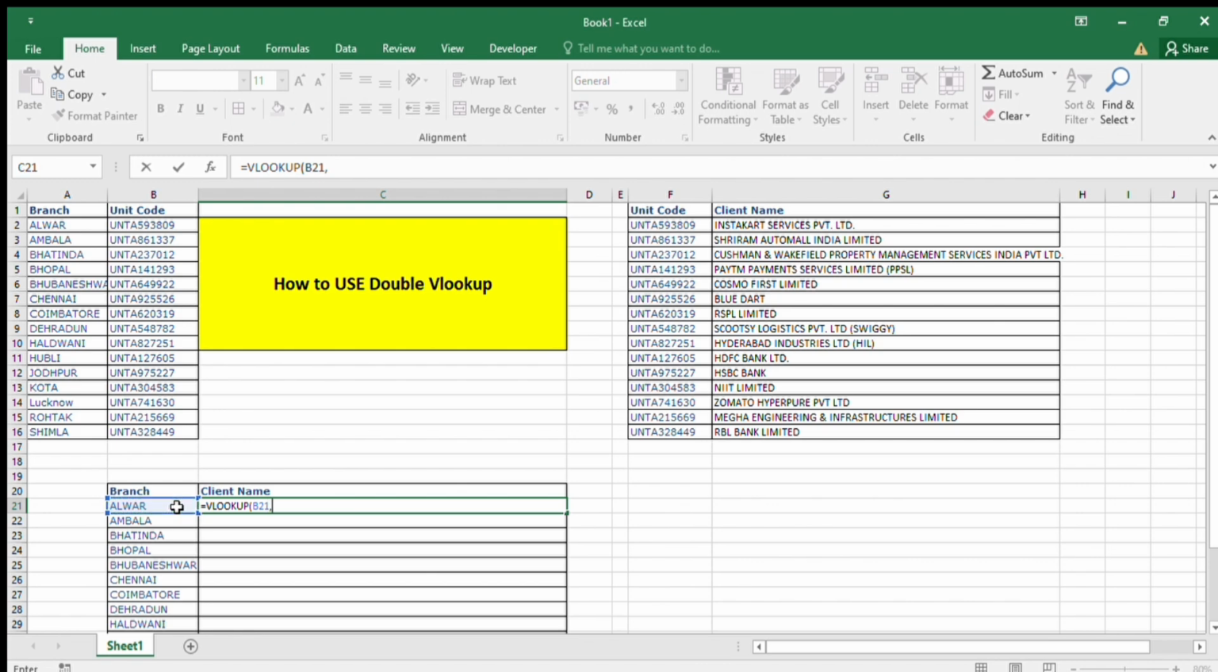First we select VLOOKUP and select the branch name, then select the unit code and give range column 2 and close the bracket. Then we select the second sheet, which has unit code and client name. After that we select range column 2, then close the bracket, and all